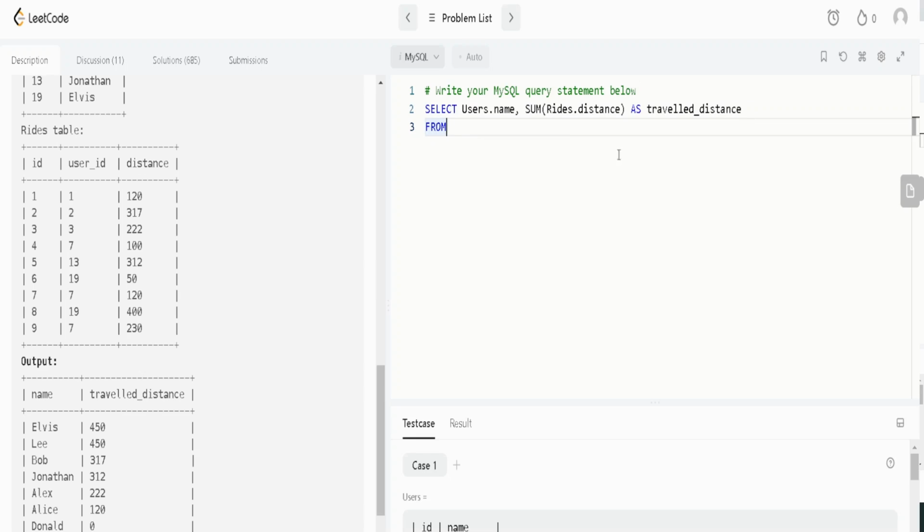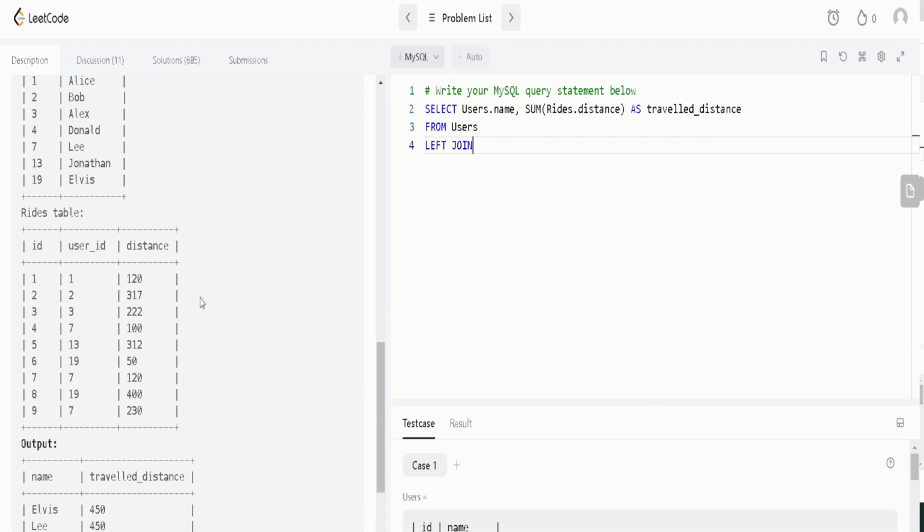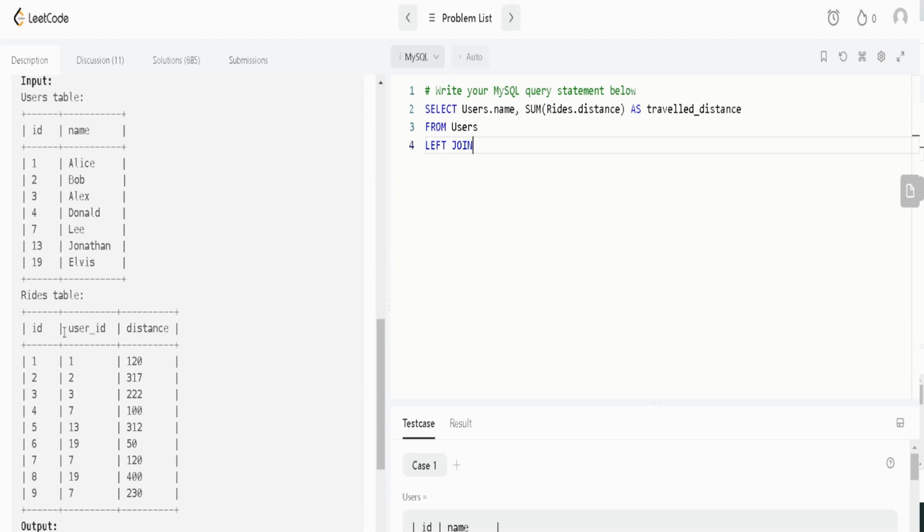So now we can do select from either table since they're both here. For this one, I'm just going to do from users. But it doesn't matter because we're going to end up doing a join anyway. It might just change the type of join you do. So now we're going to go into our join, which is going to be a left join. And the reason we are using a left join, let's see,